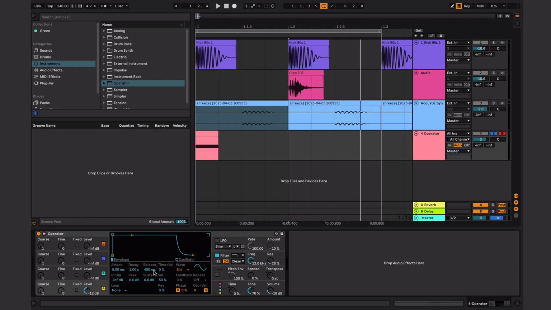let me show you what release is. So we did attack, here's release. When you have a big release, see how the note doesn't really end, like after the MIDI's done, it keeps playing. That's because it has a long release. So as we shorten the release,